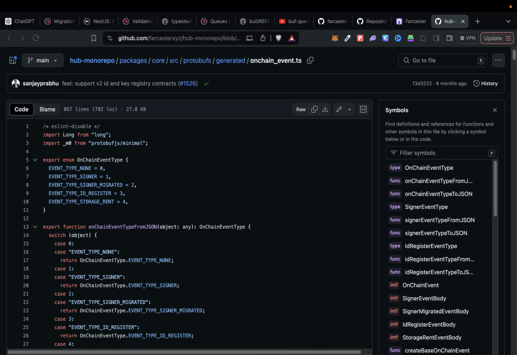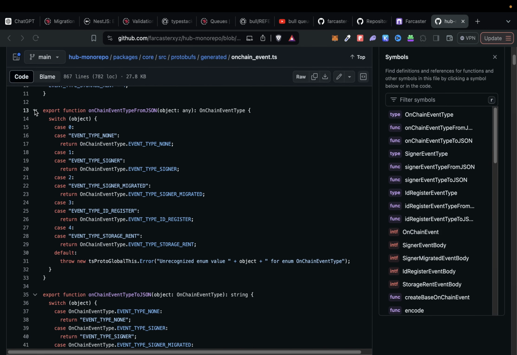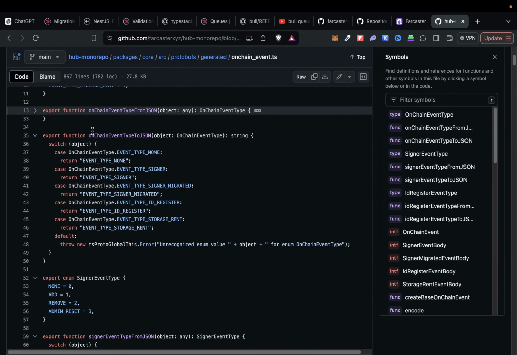Yeah, so basically this is an on-chain event listener in a way. Whenever something happens on-chain from a user, like an FID, it would keep an eye out for that. Let's say someone added a signer, FID was registered, someone bought storage for their rent status, I think. So the hubs keep listening to that as well. So on-chain event type from JSON, on-chain event type to JSON,